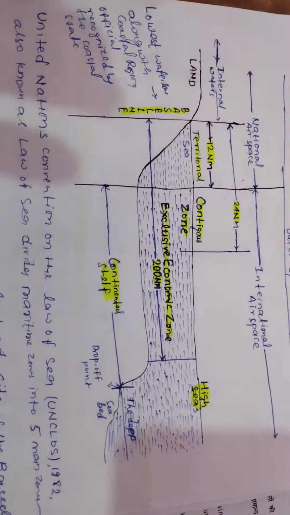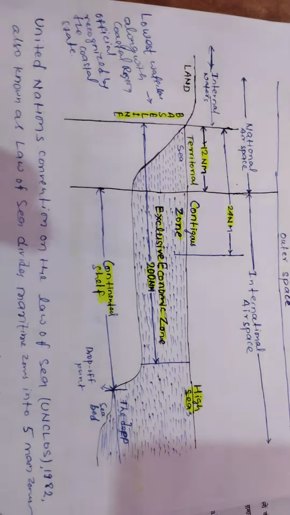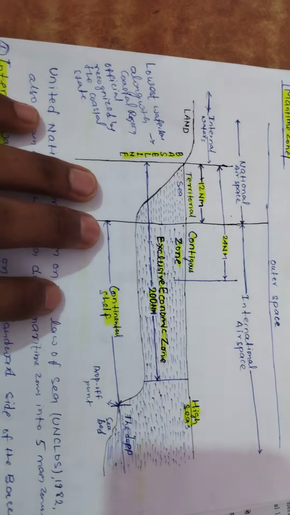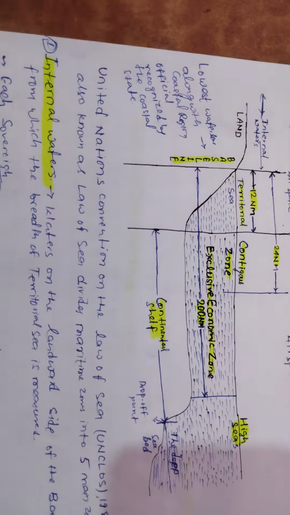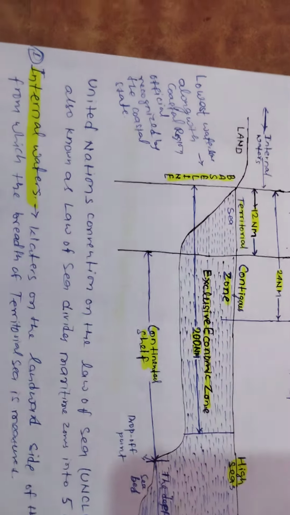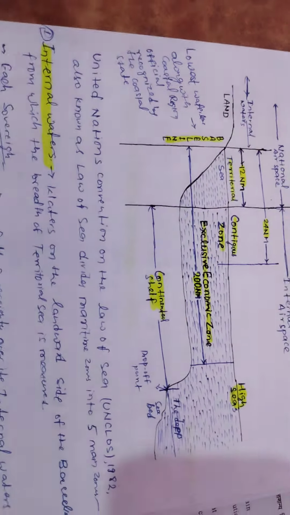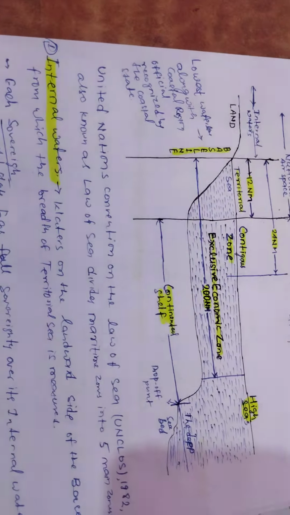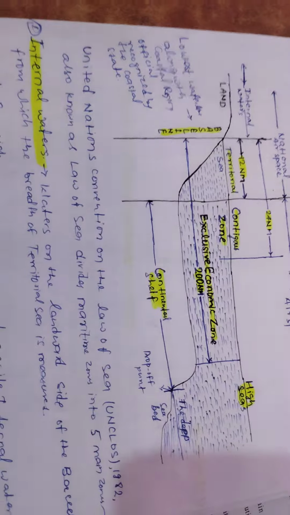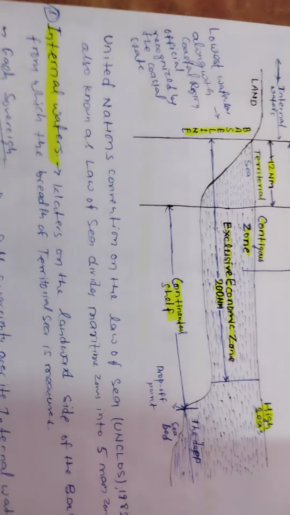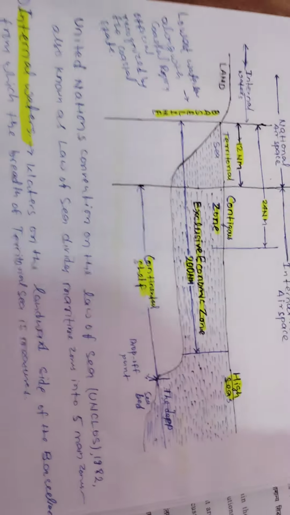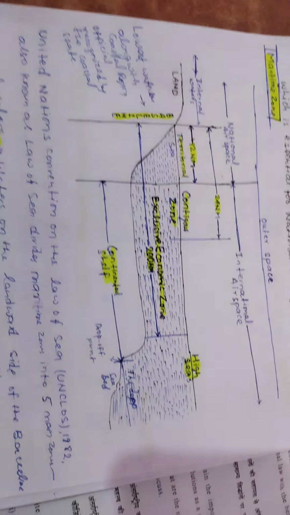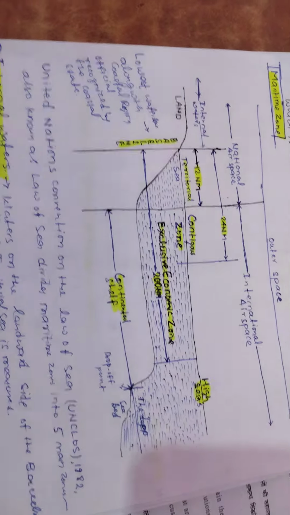You have to do that minimum, and you can also draw this figure and define them one by one and distinguish them. Then the last part of the question is the rights and duties of the coastal states regarding the continental shelf. Okay, this was the format to answer question number